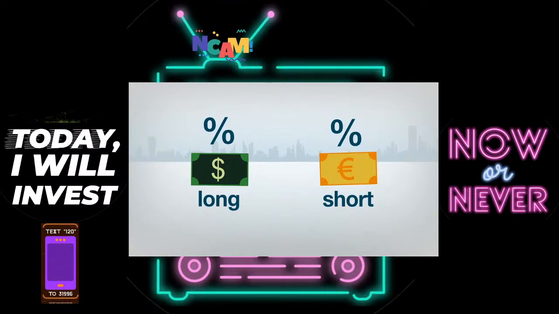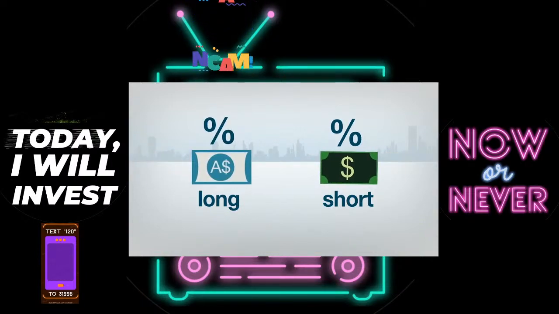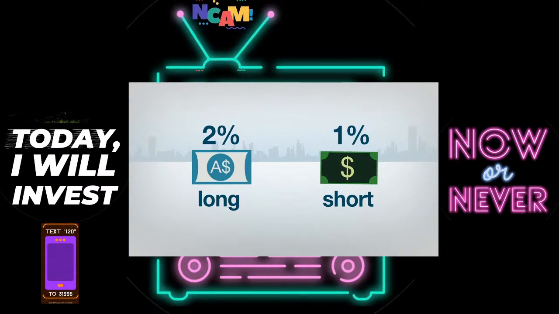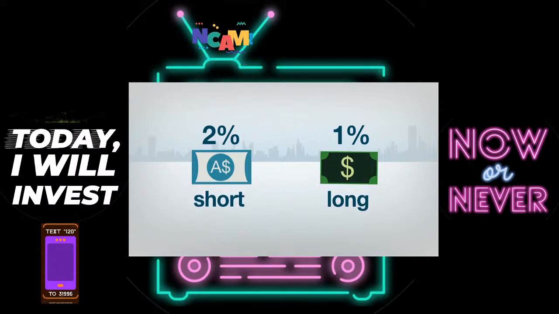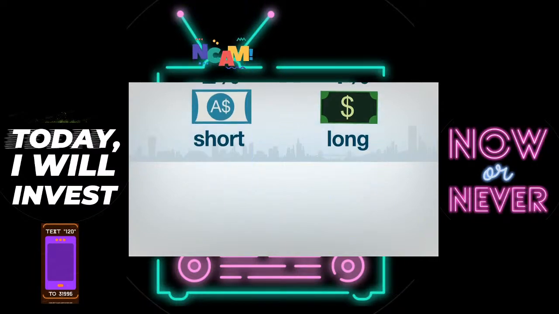Suppose an investor has a position in the Australian dollar versus the US dollar currency pair. Say the overnight lending rate for the Australian dollar is 2% and the overnight lending rate for the US dollar is 1%. The investor is long the currency pair, which means he is long the AUD and short the USD. Since the AUD has a higher interest rate than the USD, the investor will receive a credit. However, if the investor was short the AUD-USD currency pair, he'd have to pay the debit because he's short the currency that has a higher interest rate.